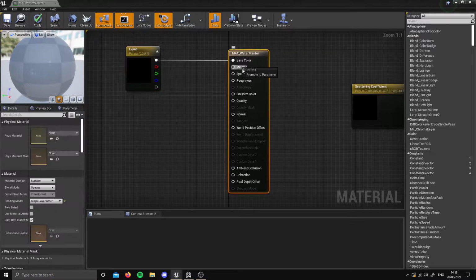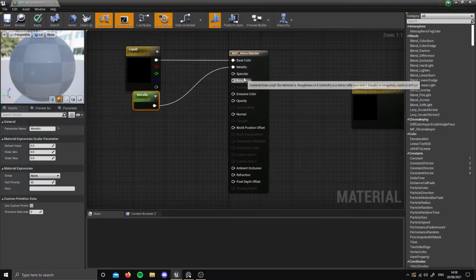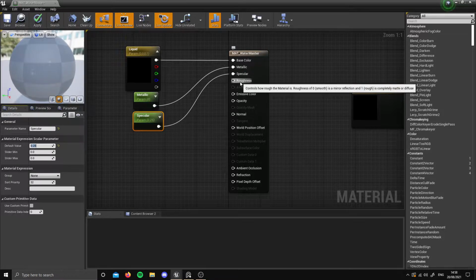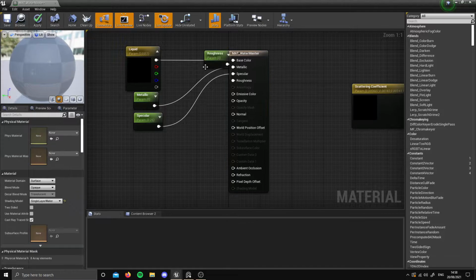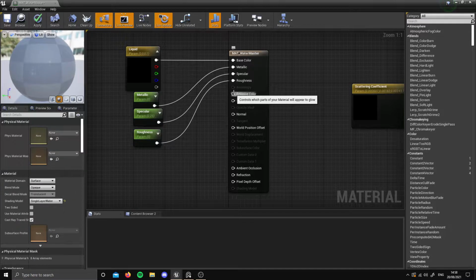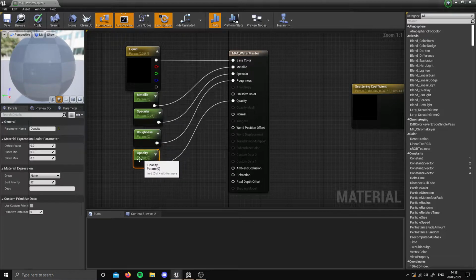Then we can just promote the parameter. Metallic is going to be 0 for now. Specular, we're going to give it a default value of a quarter. Roughness will be immediately 0, which is what we need. So it will be very shiny and glossy, which is what we want. Our opacity will be set to